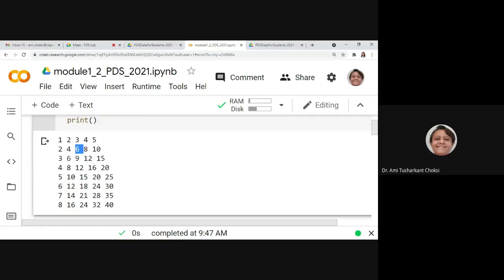This way I want to give the tables, only till 5, I mean, starting with 1 to 5. For 2 ones are 1, 2 fives are 10, 3 ones are 3, 3 fives are 15, right? This way I want to have the output, okay?